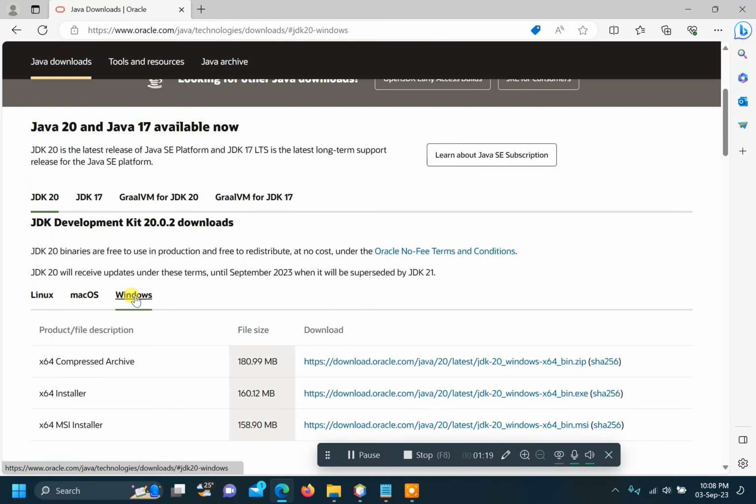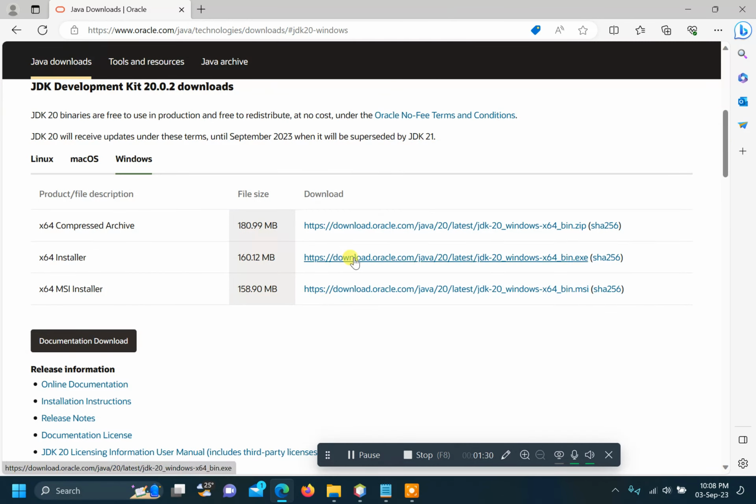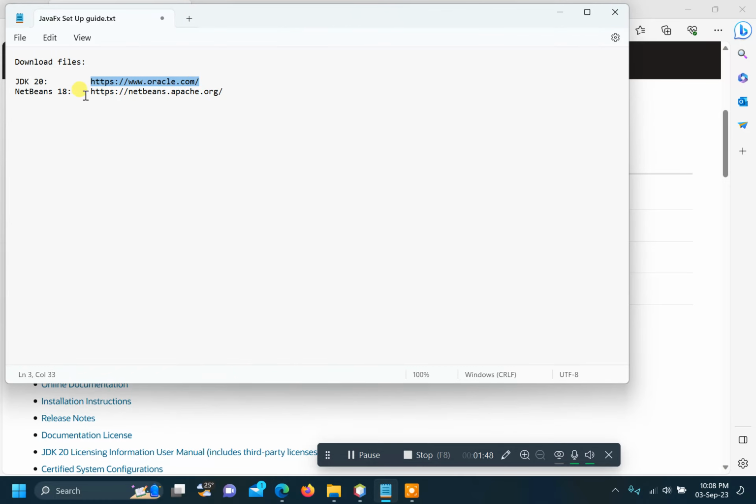And then we can either download a zip file or an archive file of the JDK, or we download the installer. I prefer the installer. That is what I downloaded. You can also click on this link to download the installer. Since I already have it, I'm not going to download it, but this should complete the first step of downloading the JDK. Then secondly, we go to the next website, which is the Apache